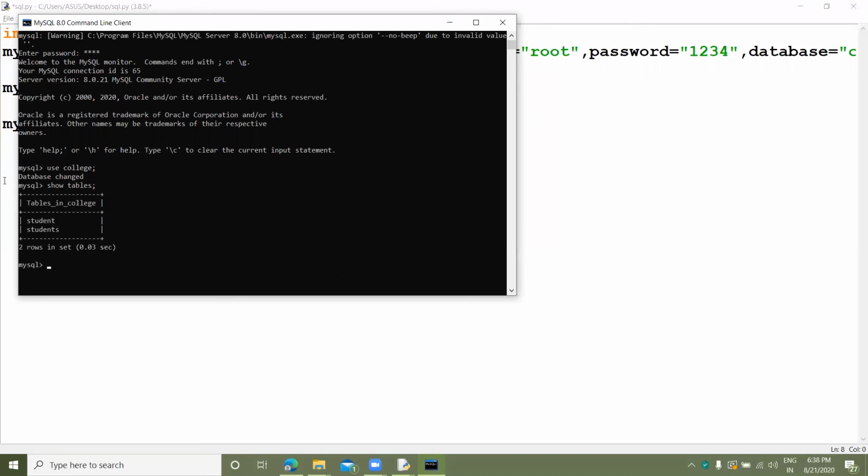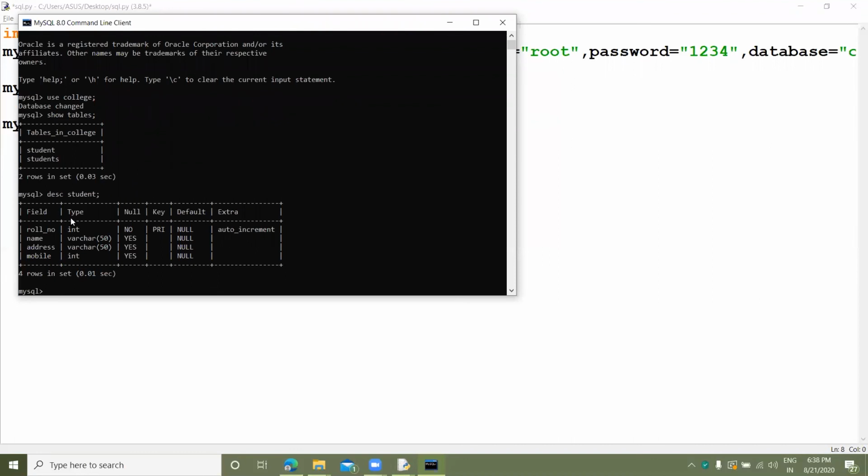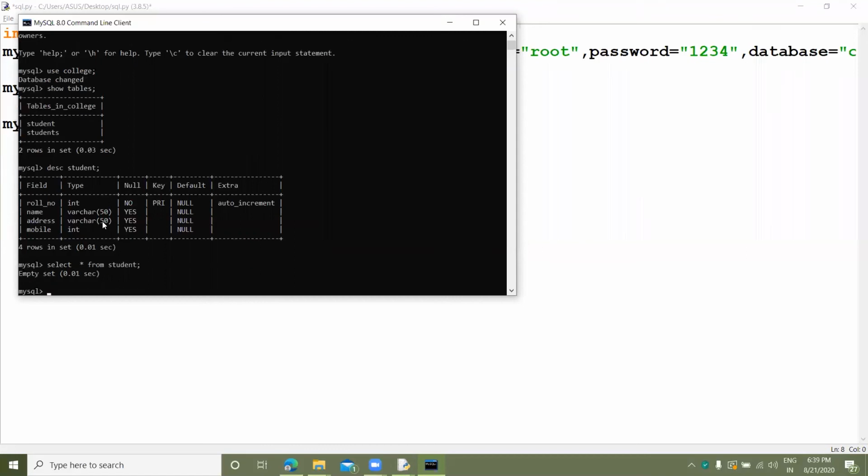So here is student. DESC student. So I will delete this table. It does not have any information, not any data also. You can see select star from student. So it is clean.